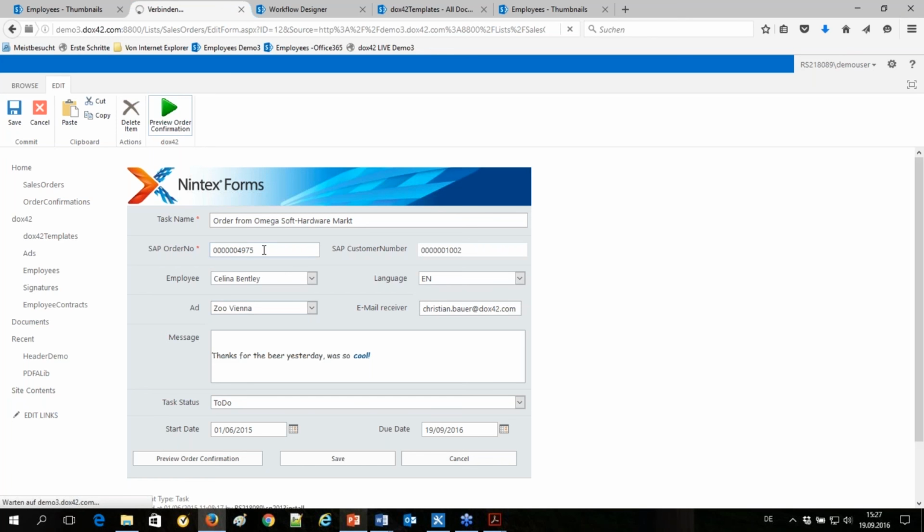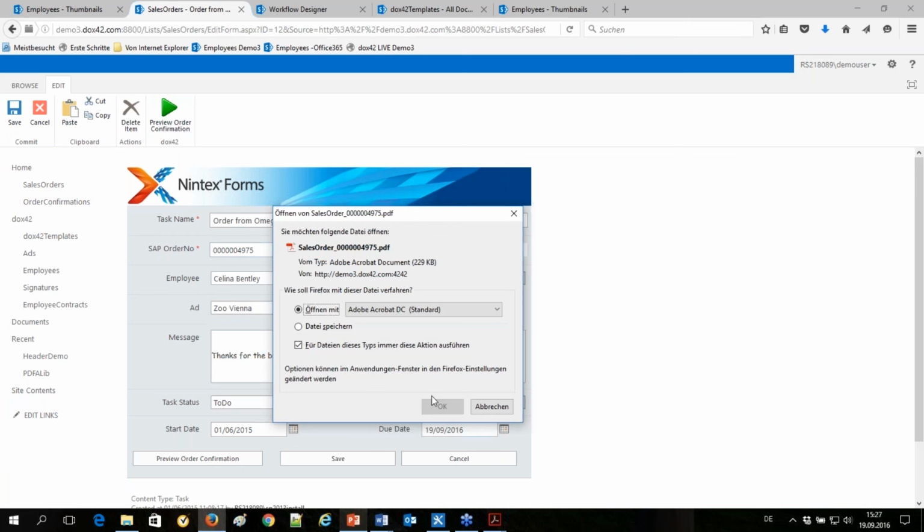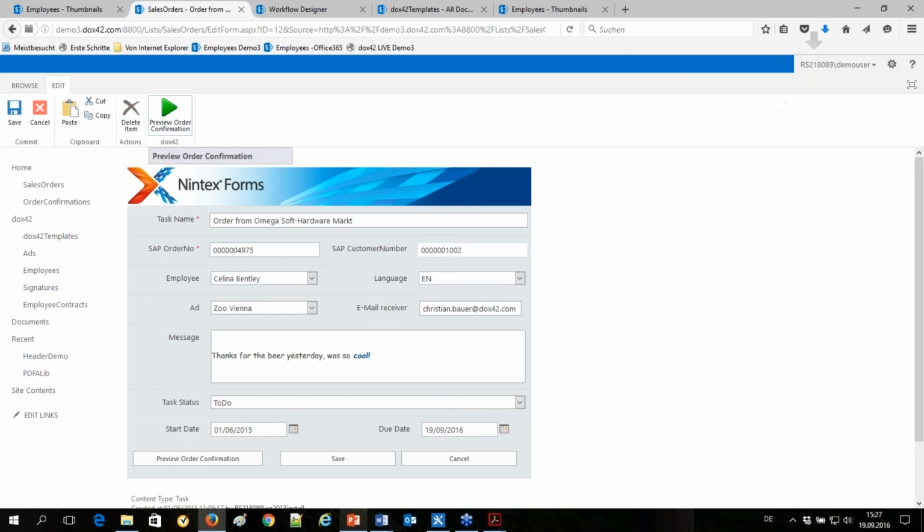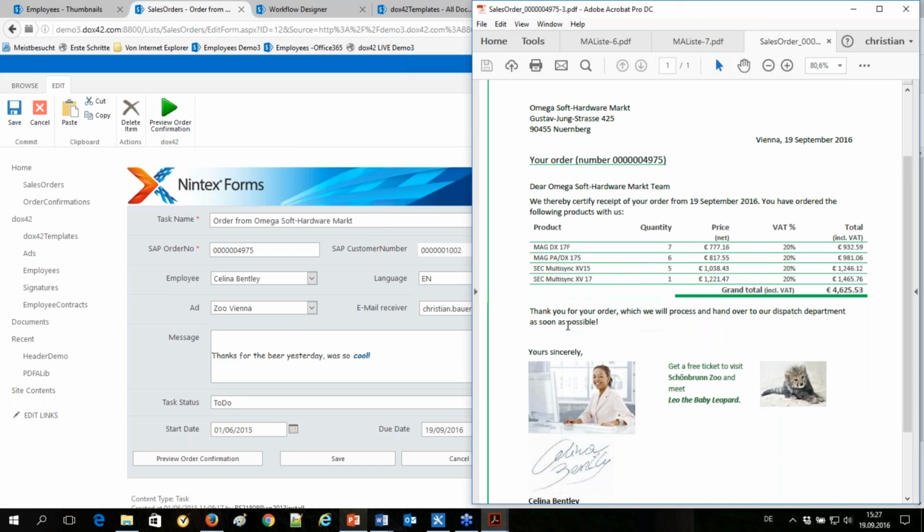Then we have some conditions here. We have a table for the order positions. A lot of data comes out of SAP, and other data is taken from SharePoint, like the employees. You already know them. Let's just see how we can connect to SAP. We open our data map designer again and open one of these SAP data sources, the data source position, for example.